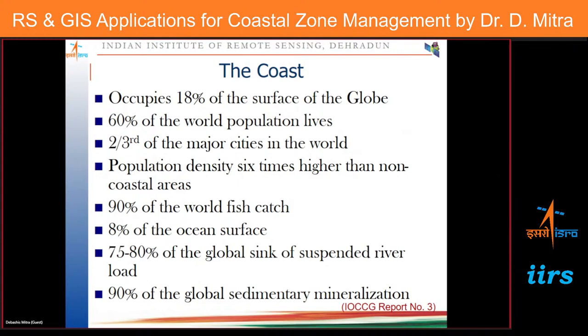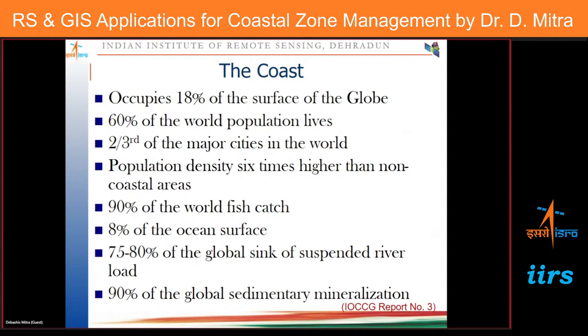Or it may form an estuary where the sediments will be taken away by the littoral drift and the other currents. But 75 to 80% of the global sink of the suspended river load is happening in the coastal water. 90% of the global sedimentary mineralization,